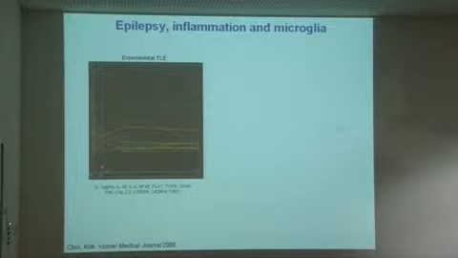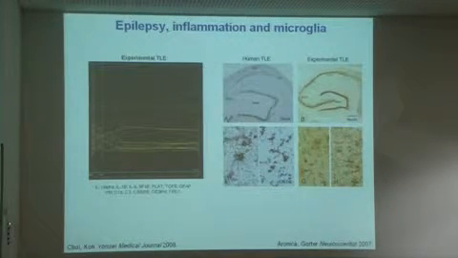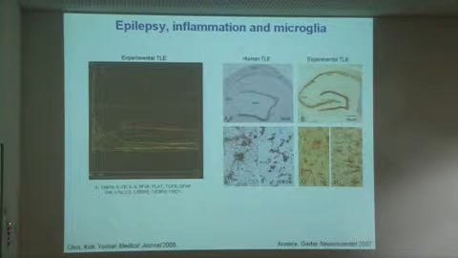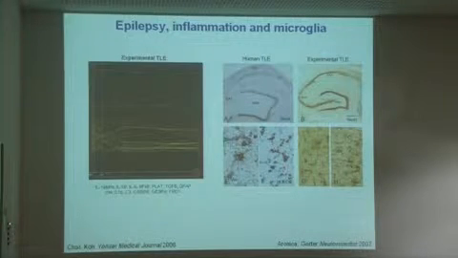quantified here according to the level of expression of several inflammatory molecules that, very rapidly after the triggering of the initial status epilepticus by the injection of kainate, increase a lot their expression within a couple of hours. Some of them have their expression returning to baseline, some others remain at a high level of expression for many days. This inflammatory reaction is accompanied, both in human and in experimental temporal lobe epilepsy, by reactive astrocytes and reactive microglial cells in the hippocampus.